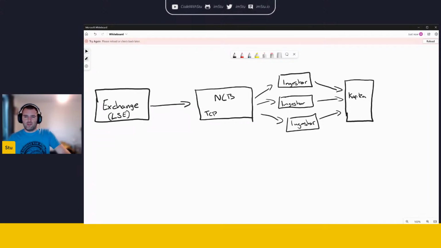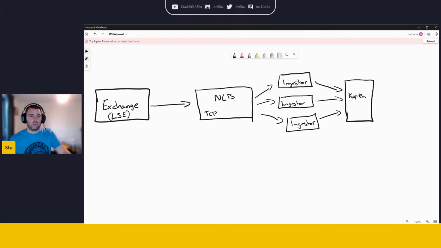Number one for me would be performance. I haven't specified here whether I'm running this on bare metal or using something like MSK, because that in reality would depend on a number of factors. If you're talking super high levels of performance, the chances are you're not going to be running a managed service like MSK. You probably will be running it on bare metal. But for an interview scenario, I would always try and stick with managed services where you can,